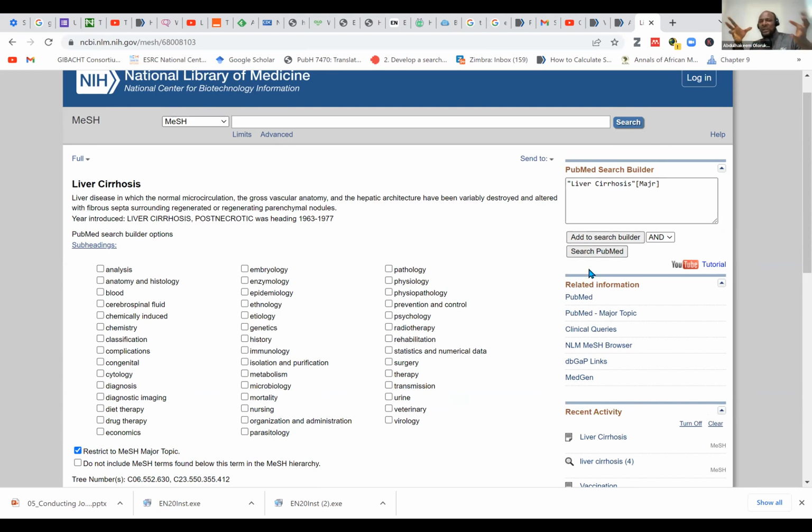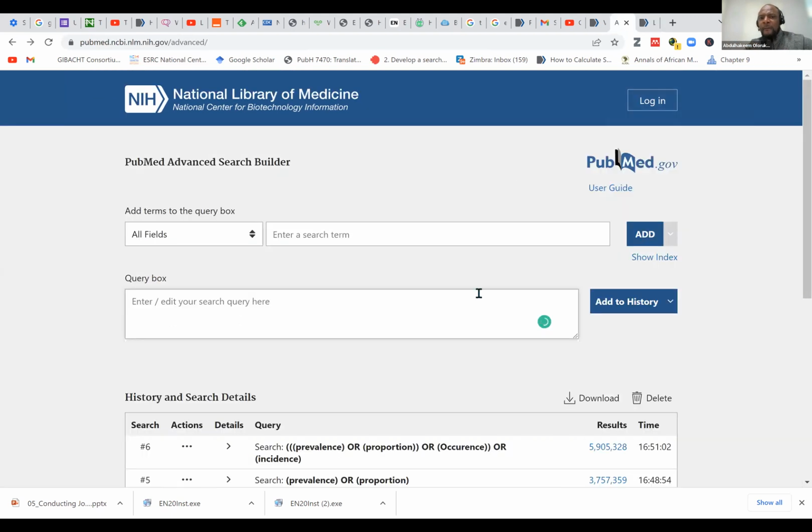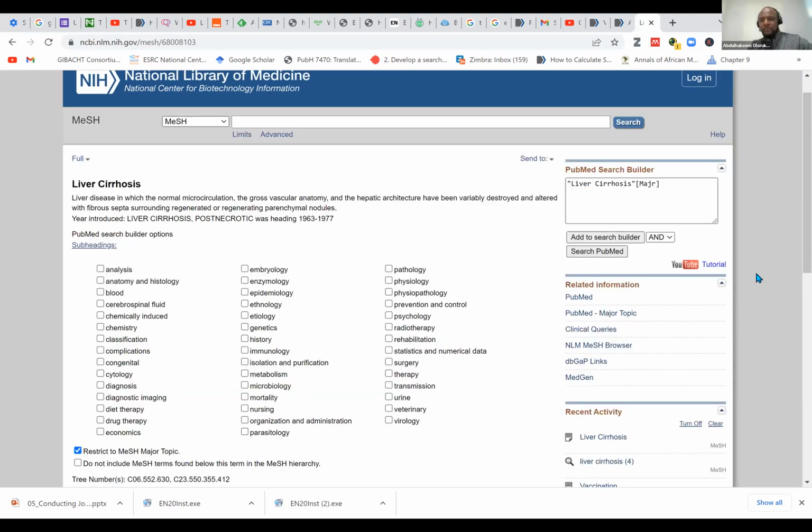So just to quickly go to Medical Subject Headings, please let me go back. Sorry, sir, before you leave this page. Okay, go ahead. I wanted to ask you, what if you do not include MeSH terms? What is going to be the outcome? Because you checked if you don't